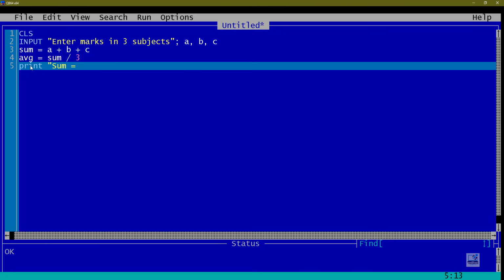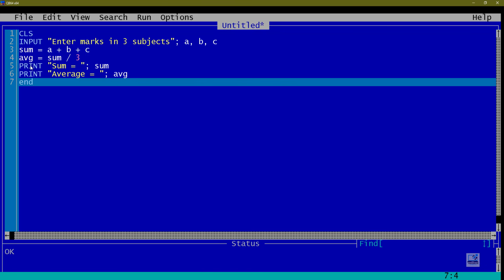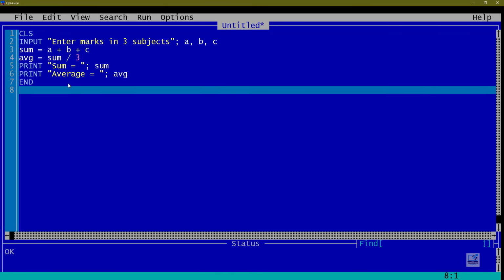So I can write PRINT "Sum equal to"; sum, and then PRINT "Average is equal to"; AVG, and then END. You can see the statements which appear in yellow color, they are the messages. So "Sum equal to" is a message, "Average equal to" is a message. These will be printed as it is on the screen, and these are the variables.